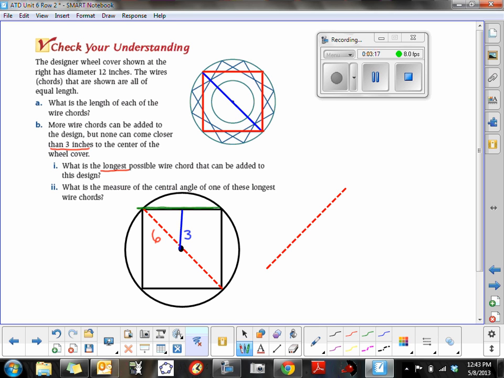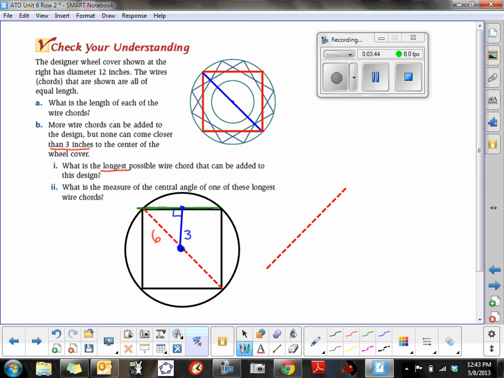But when they say that the distance is 3 inches away from the center, that is the perpendicular distance. You always measure distance from a point to a line the shortest possible way. And the shortest possible distance between a point and a line is a perpendicular distance, which again gets us back to a right triangle. So I'm going to connect the center to the chord by the shortest path,